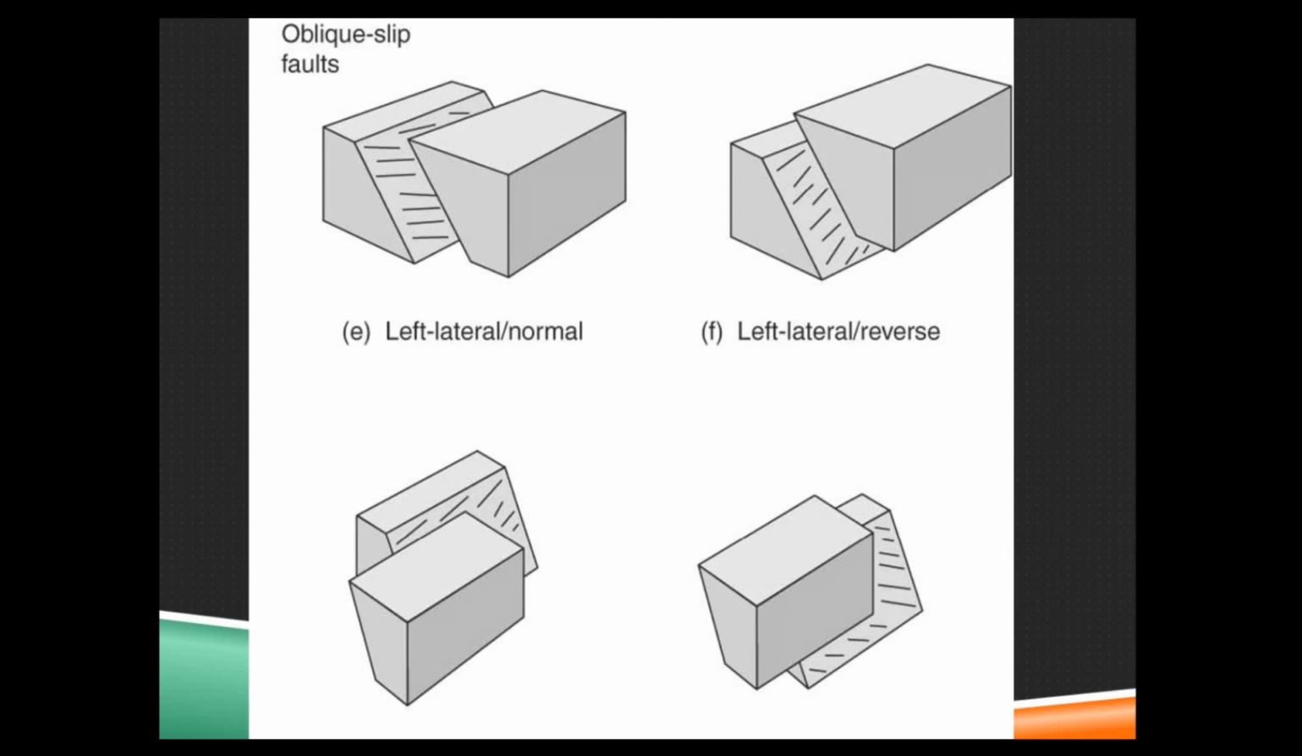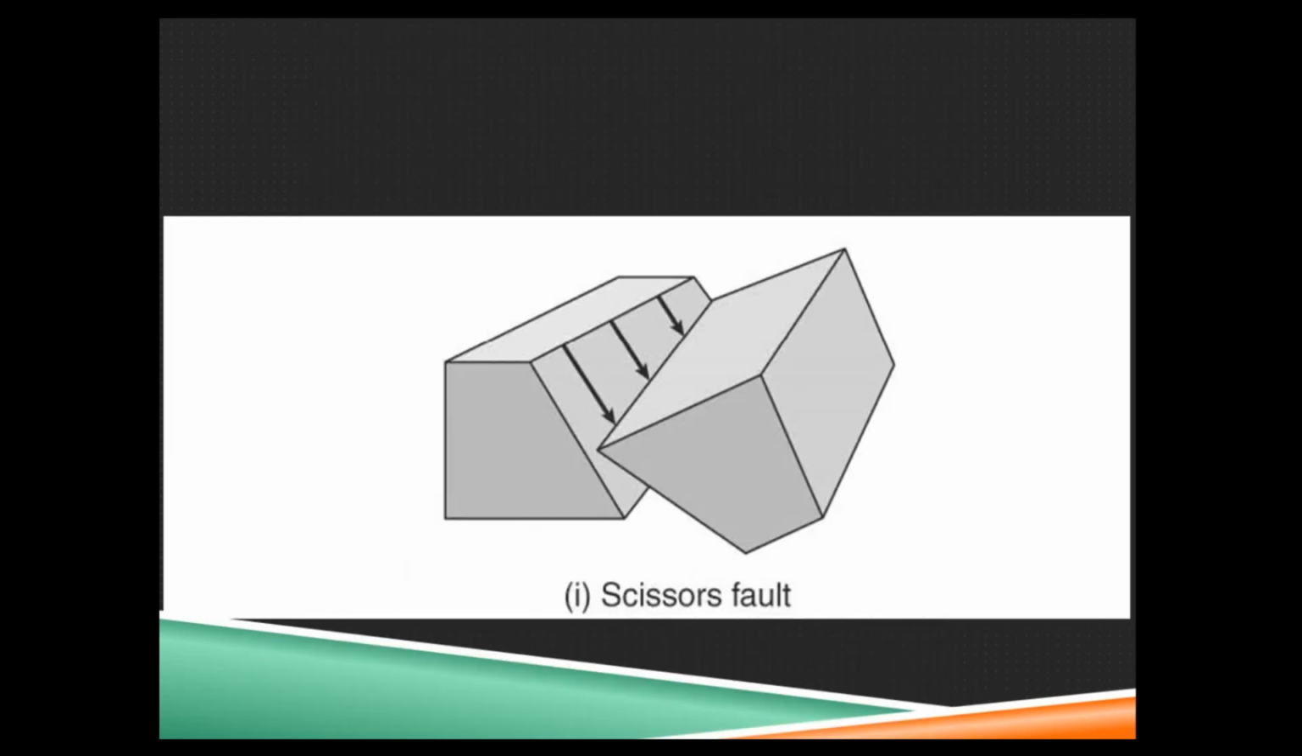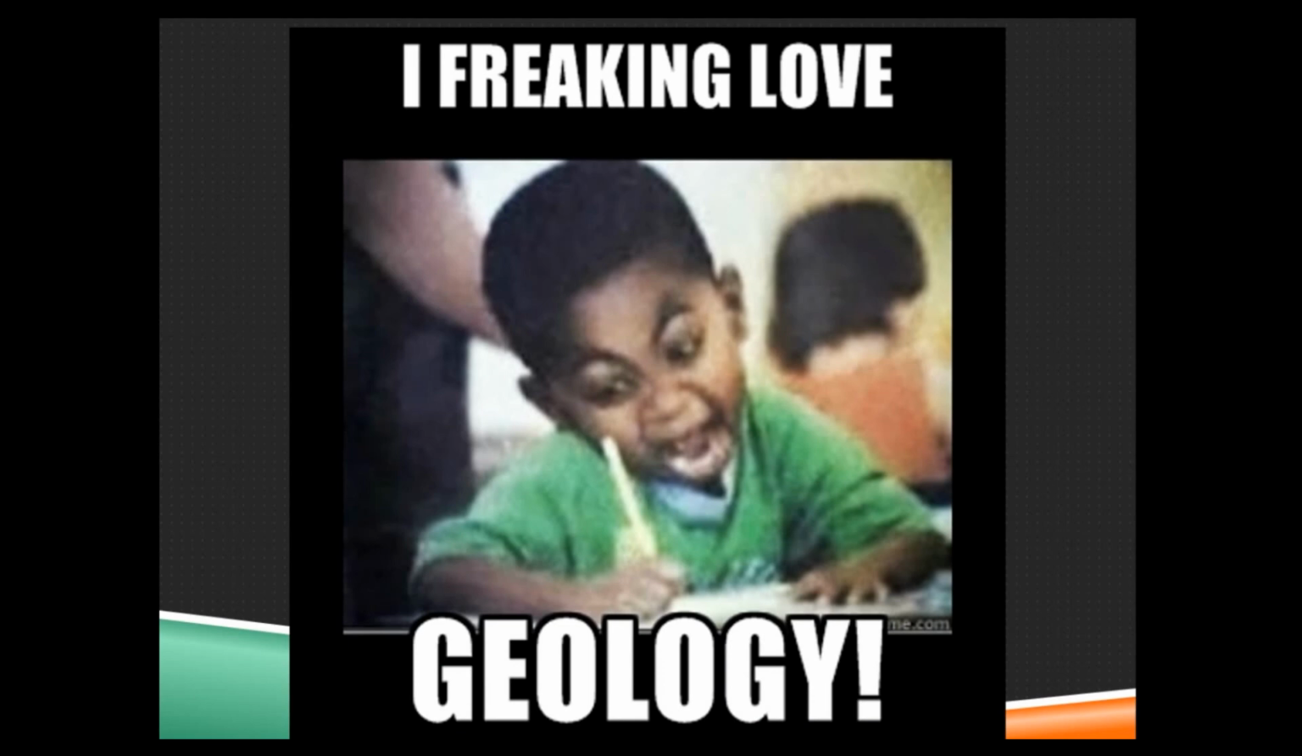Now, it might seem like, okay, we've covered all possible cases. We've got side to side by itself, up down by itself, side to side with up down. But nature likes to throw us a curveball and add in some rotation. We can have a scissor fault. So we have up down, side to side, and twisting all at once. Isn't geology awesome? Anytime we think we've got it all figured out and nice and tidy, nature's like,